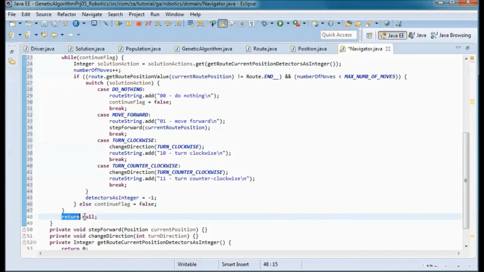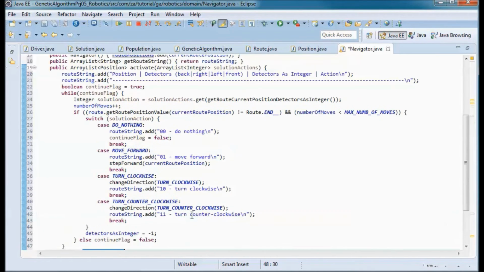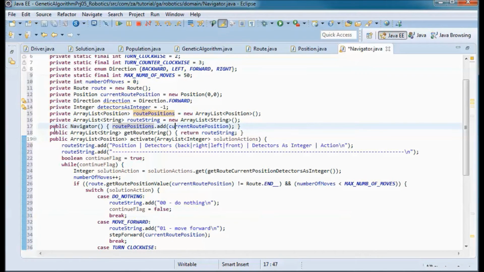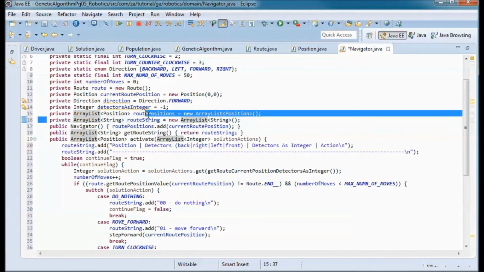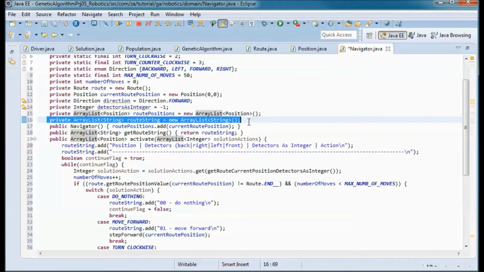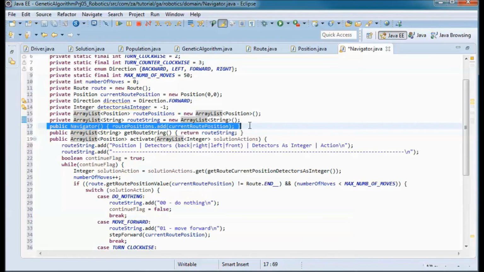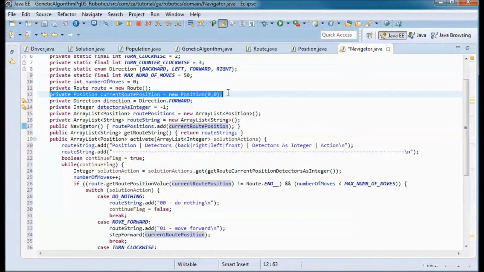And this will be returning the route positions array list that we defined over here. And initially in the constructor I added the current route position, which was position 0, 0.